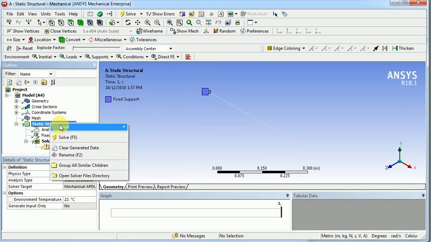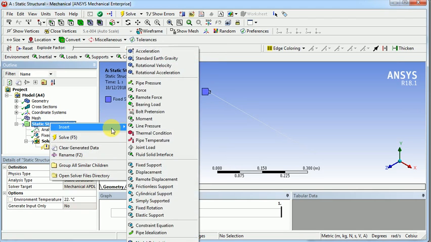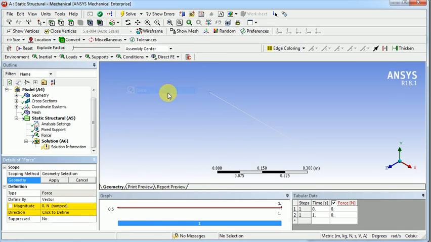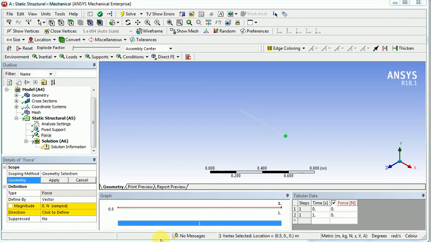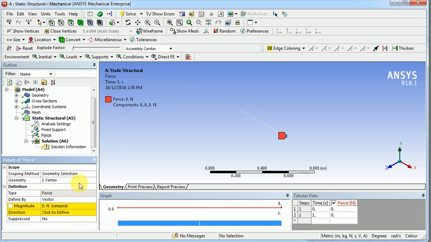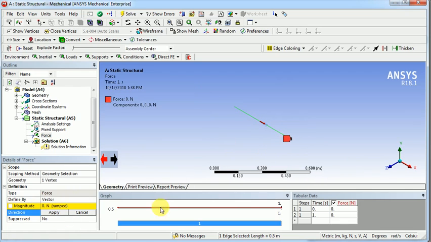Now we have to create a force. For creating the force, again right click on the Static Structural and select Force. Again we have to define the end section of the geometry. We can easily define it by selecting the vertex selector like this and clicking on Apply. Now we have to define the force. We can define it by selecting the line. For defining the direction, we can select the direction, since Define By is set to Vector. Or another method of defining the direction is